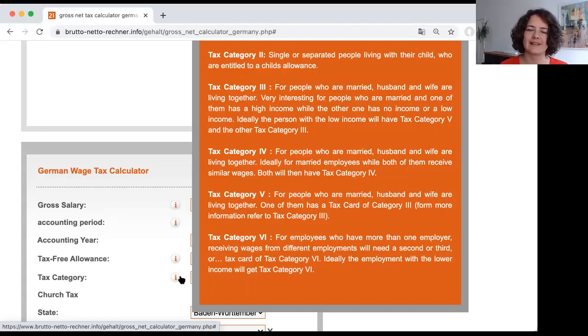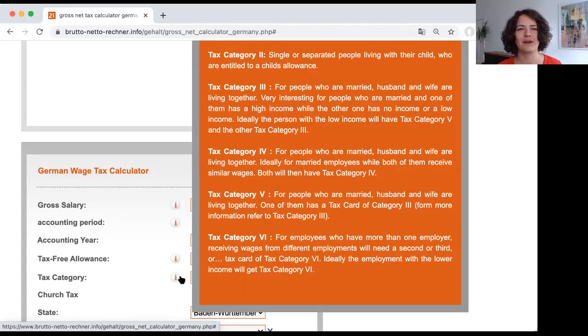Then there's a second tax class, which is for single persons who are single parents, so people who are taking care of their child but are living on their own, not with a partner. So that's where you will be having a bit less tax deductions, just to make your life a bit easier. And then we have these interesting tax classes 3 to 5. And here it gets a bit confusing. So if you are married,